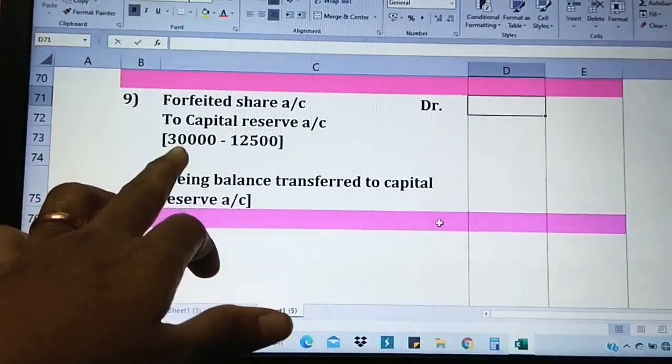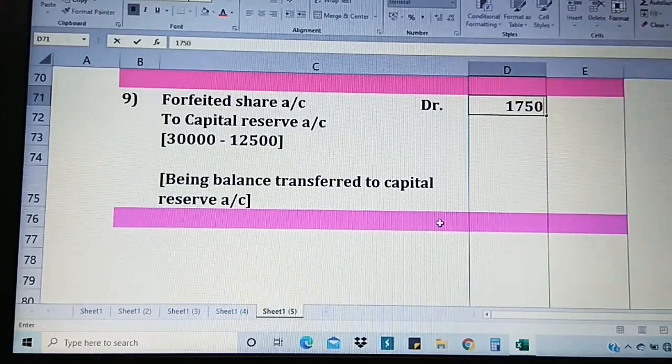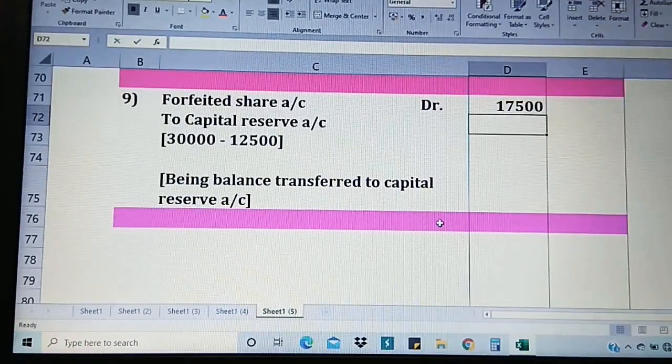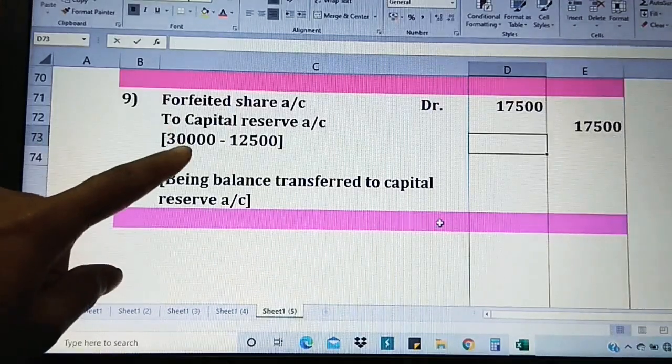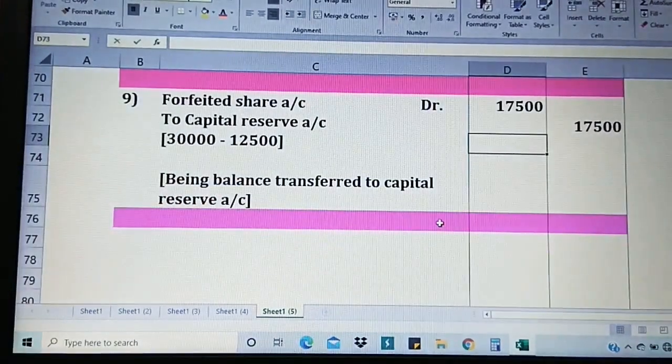See, if your credit value is greater, it is a benefit only. Always when we go for reissue, the company will find out that there is a way to have a benefit out of that. So we always have a benefit. You should keep that in your mind. Never ever take the opposite. You should know credit should be taken and debit should be minused. So here the entry for this, the narration is being balance transferred to capital reserve account. Over. Thank you, students.